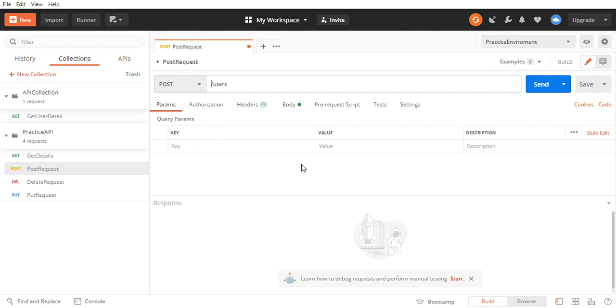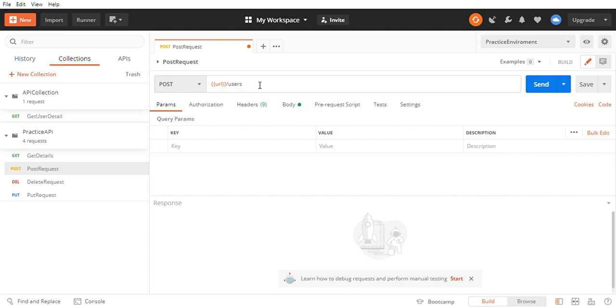We need to define our parameters in curly braces: an open and close curly brace, then another open and close curly brace. Now write the parameter name the same as you defined in the environment. We defined it as URL.